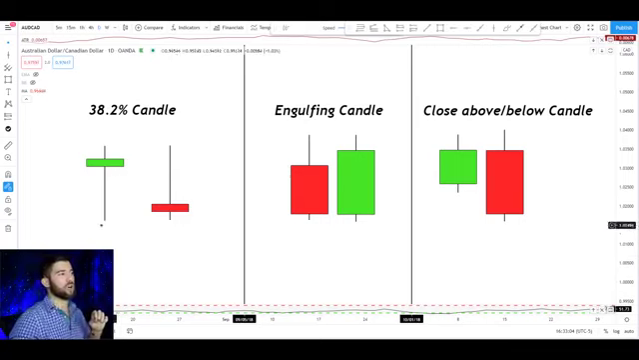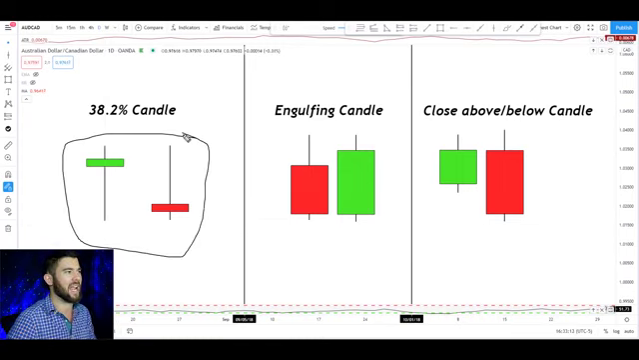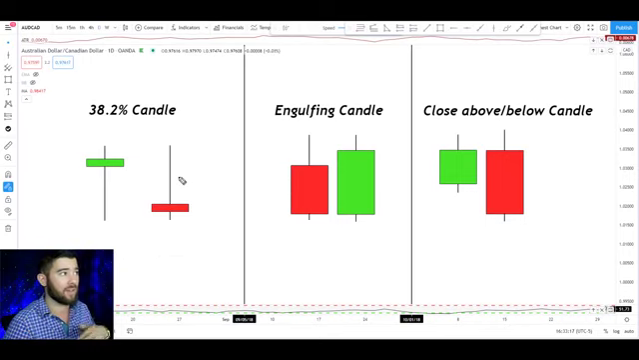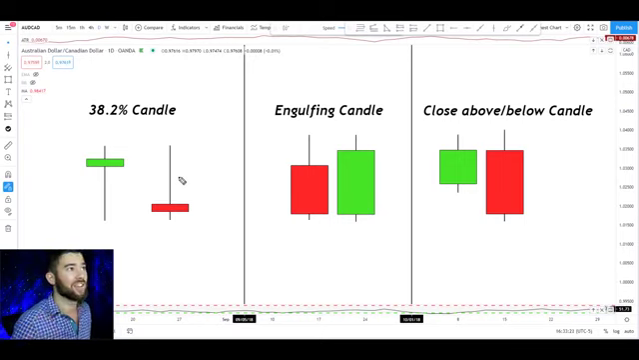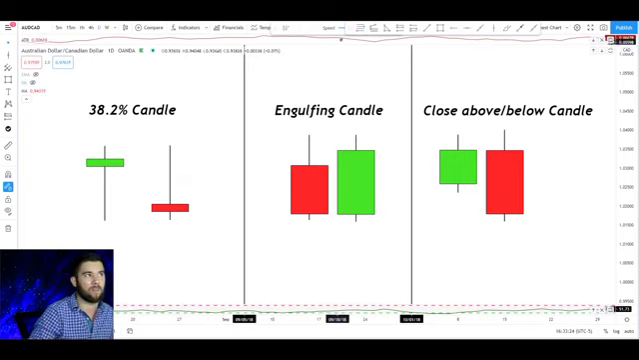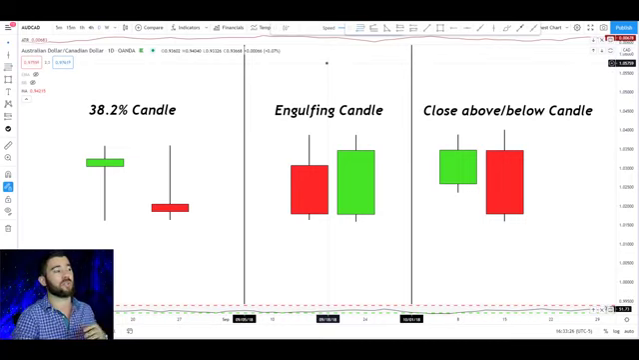The first one is called the 382 candle, or 38.2% candle, and you're going to understand why in a second. You may be looking at these going, man, Steven, that looks like a hammer or a tweezer top, and that looks a lot like a shooting star. Why are you calling it a 38.2% candle? Because the name of the candlestick pattern does not matter. Let me explain. The reason I call this a 38.2% candle is because of the rule that I have for this pattern,